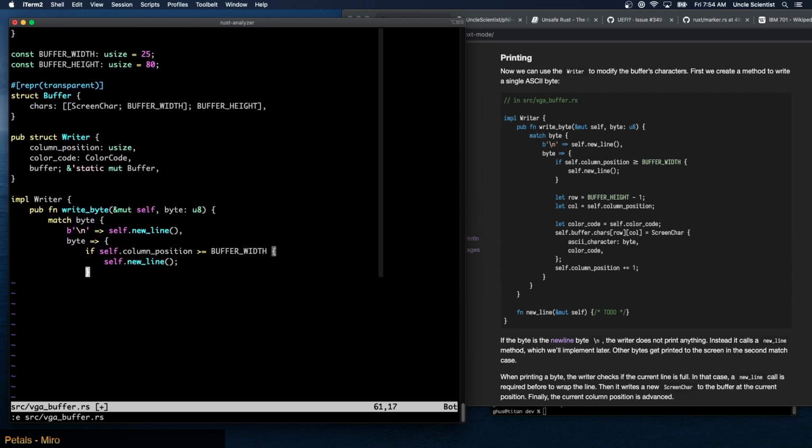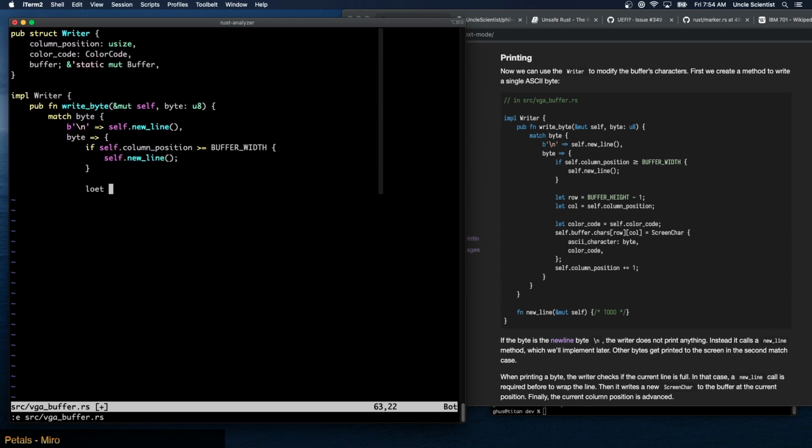All right. So we have new line, and then we can say let row equal buffer height minus 1. So we're always writing to the last row. Let col is equal to self column position. I guess new line will reset the column position, right? Let color code is equal to self color code. Self buffer chars row